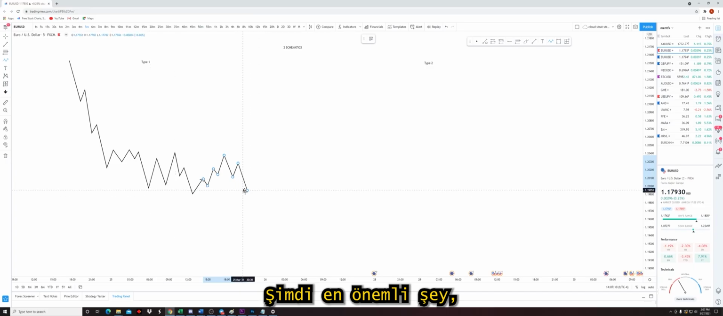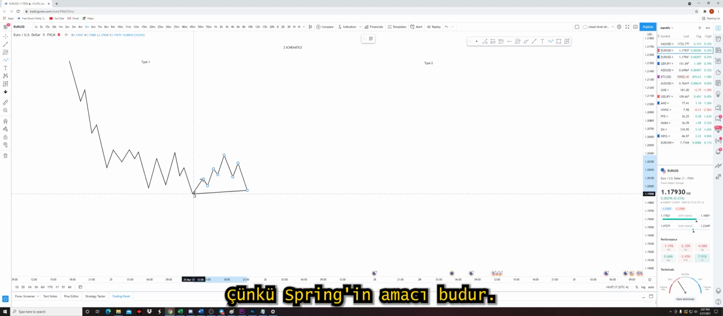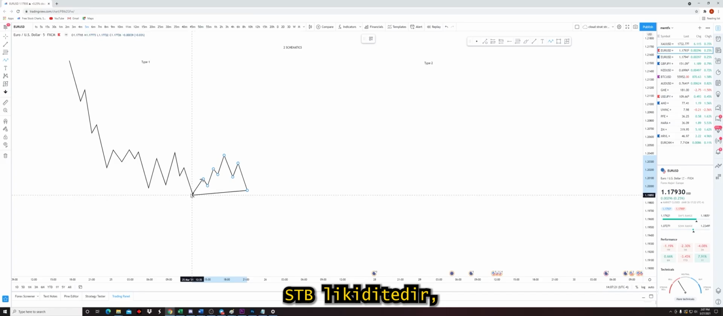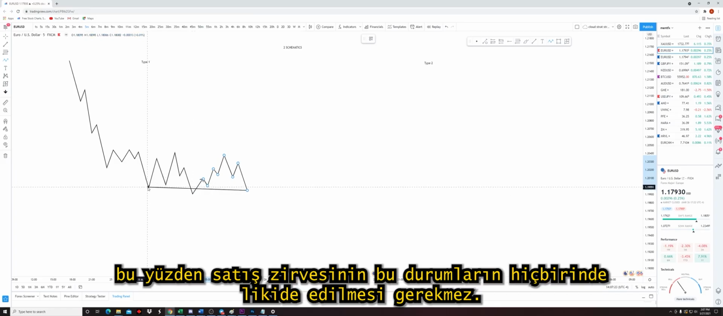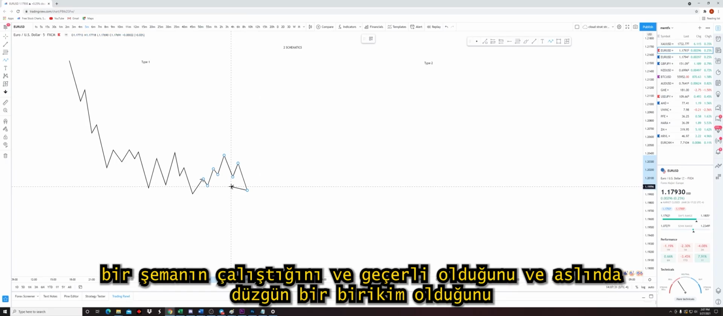Now, the most important thing for the spring to be valid is that it actually gets below the ST and B, because that's the point of the spring. The spring needs to liquidate the ST and B. The ST and B needs to liquidate the ST. The selling climax does not have to be liquidated in either of these cases, but you are more likely to see a schematic work and be valid and actually be a proper accumulation in the case that it does liquidate